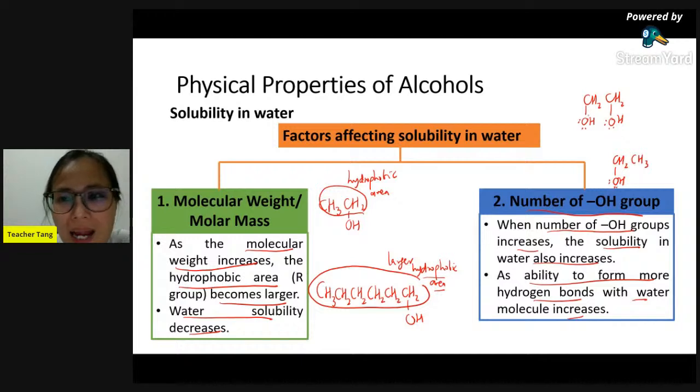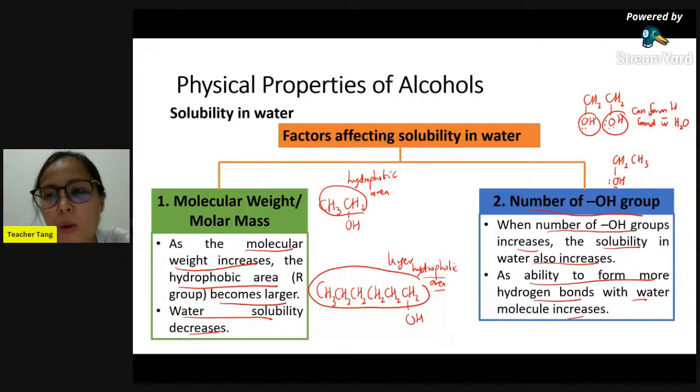So ethane-1,2-diol, having 2 hydroxyl groups, can form more hydrogen bonds with water. So when it can form more hydrogen bonds with water, this ethane-1,2-diol is more soluble in water